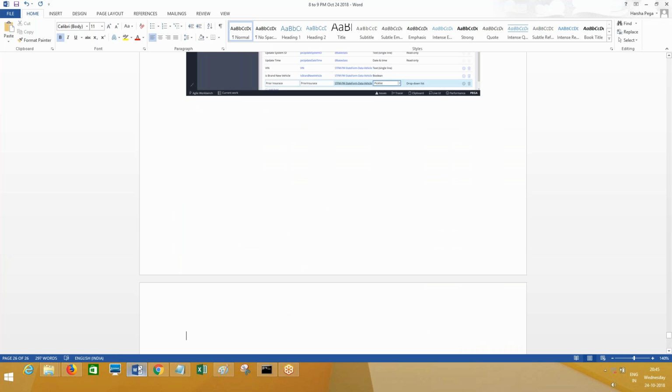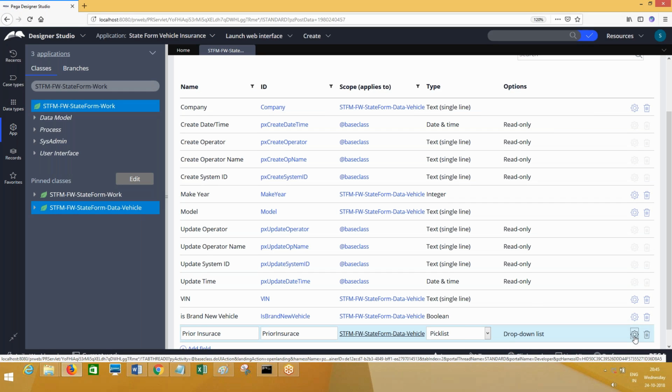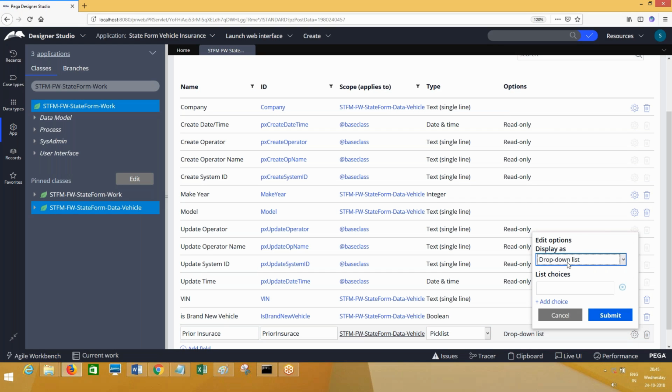Click on the gear icon beside the drop down list. Pick list can be a drop down, or a radio button. Which one you want to choose is radio buttons. This is the navigation provided in this wizard.